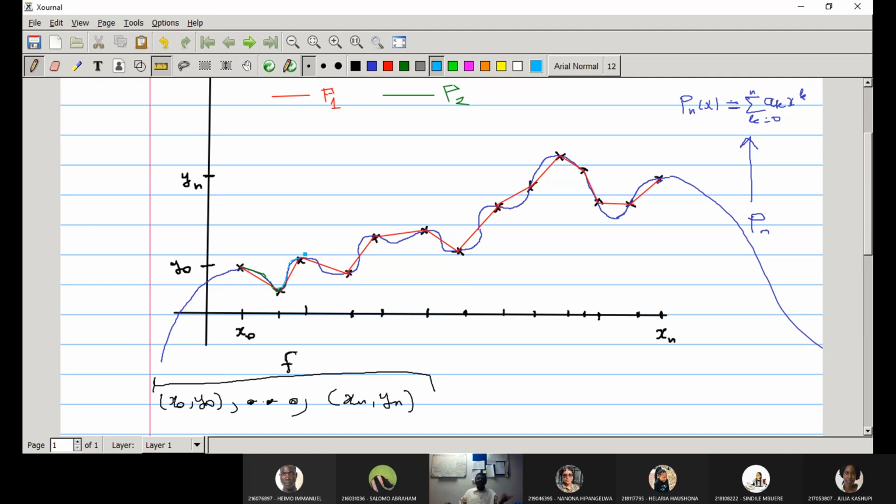So the bottom line is, if you want a more precise method to replace an interpolating polynomial, it is a cubic spline. For the reason that I already explained, a cubic spline will do the job properly. And I refer you to the prescribed textbook. If you go to the section on cubic spline, you will have an idea. But it's out of the scope of our syllabus. So I already explained the drawback. Now,